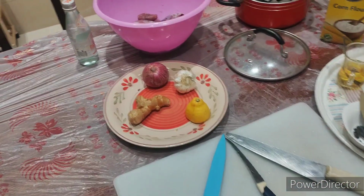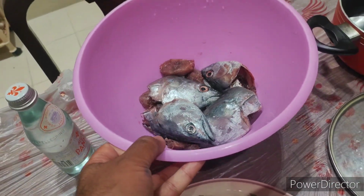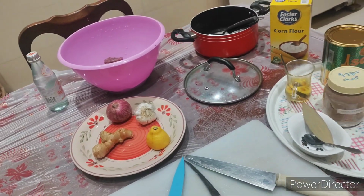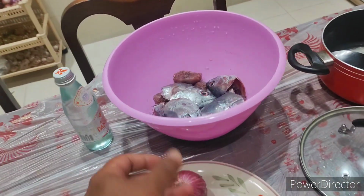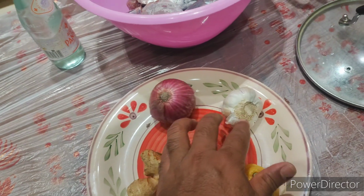So today we will make our fish soup. For this we already took clean fish and all these ingredients. So please see this video till last. You will find how to make fish soup at your home. Delicious. We already took all these ingredients, already cleaned and cooked fish, and onion, a little